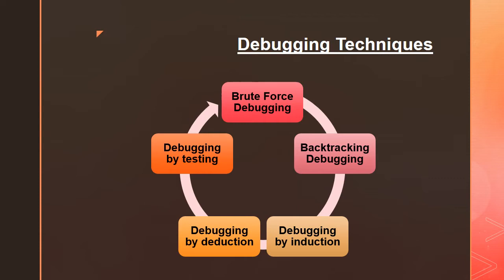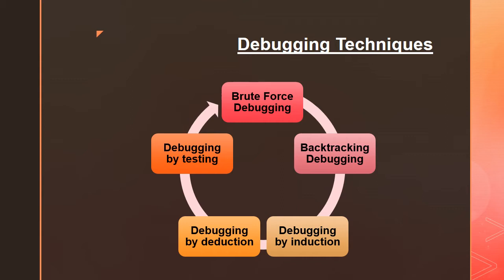Then the next technique is debugging by induction. Induction is used when we start from the particulars of a situation and move to the entire program. The entire process is organized, and the testers locate all the data and devise a hypothesis, so that a kind of clue structure can be used for identifying the main cause, where the error occurred, and how it occurred.